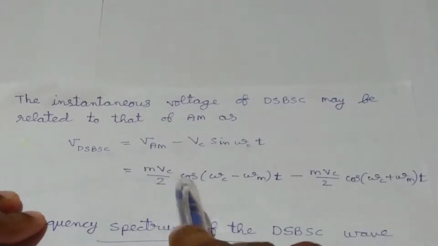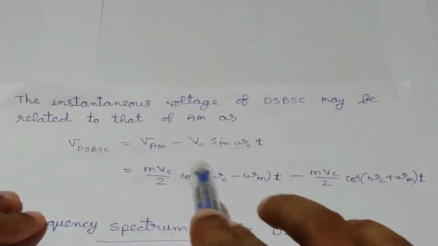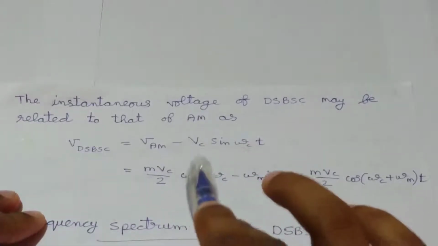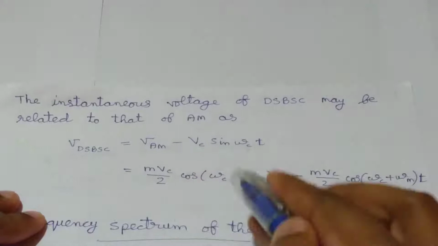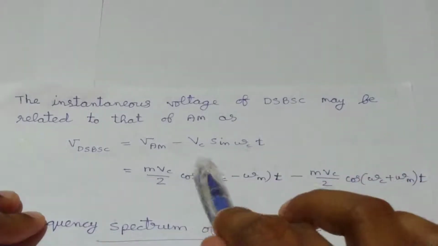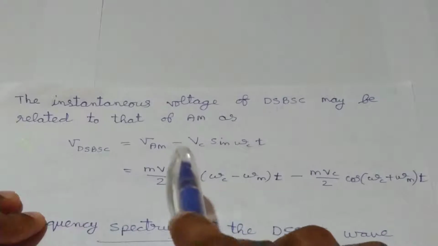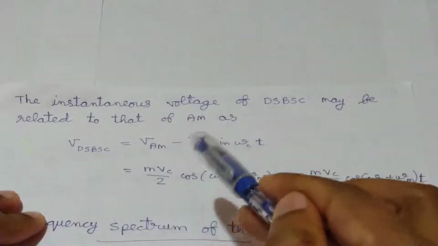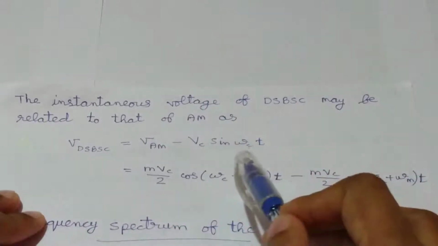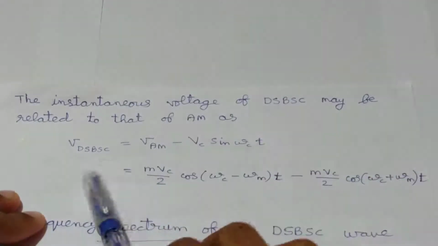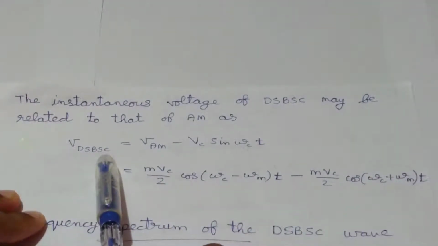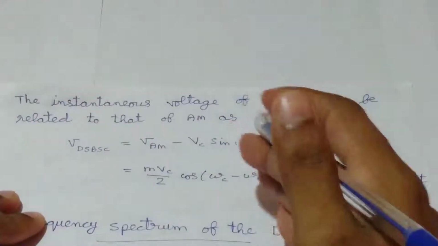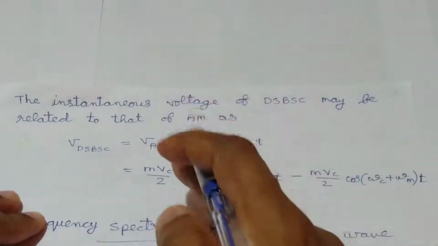And the answer is that the significant power saving in the case of double sideband suppressed carrier does not come without a price. This double sideband suppressed carrier accordingly adds complexity at the receiving point to recover the message. That means when we consider our basic AM technique, then at the receiver side it is very easy to recover our information signal from the received signal. But in the case of the double sideband suppressed carrier technique, at the receiver side we need to use complex circuit arrangements to recover our information message signal from the received signal.